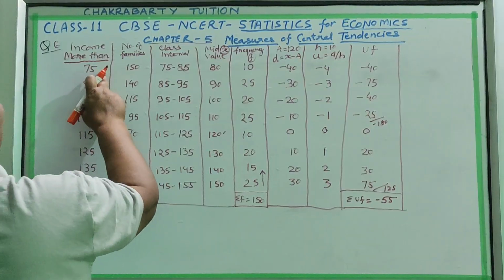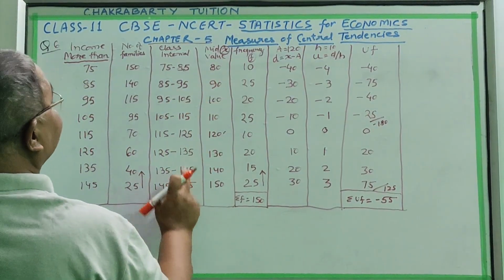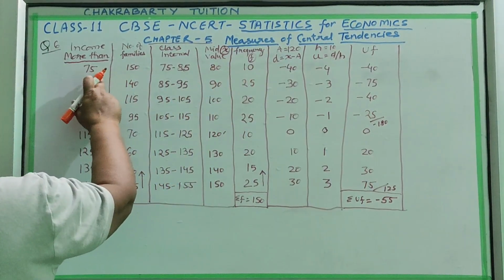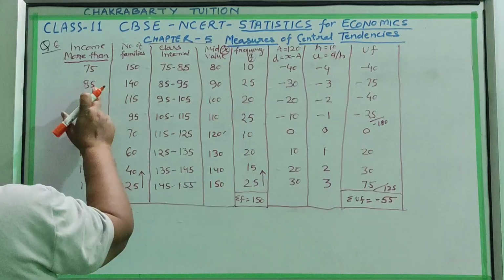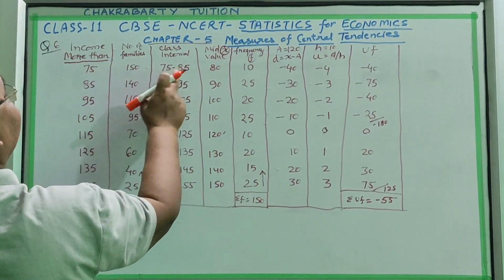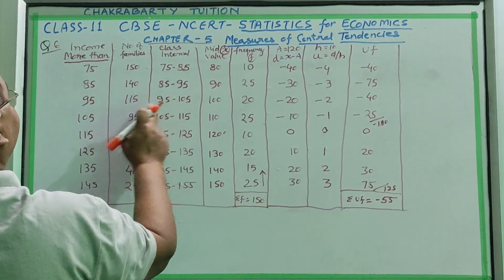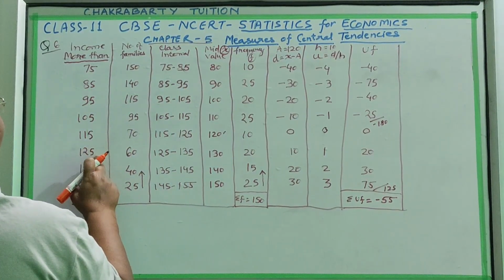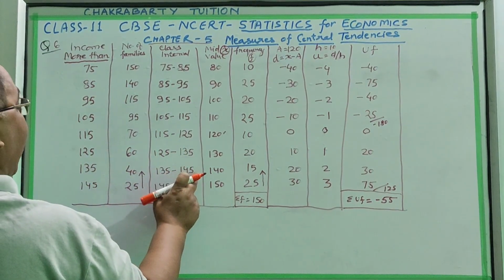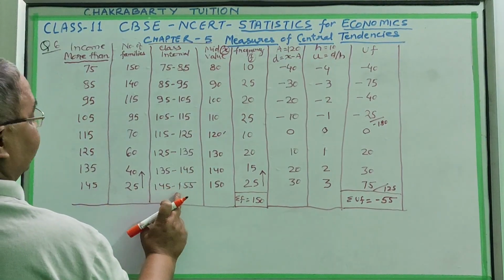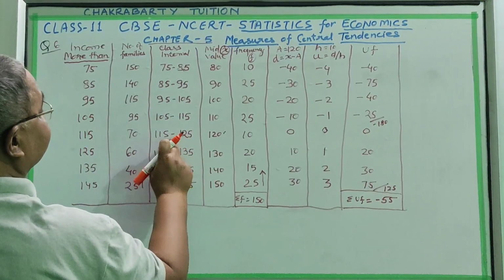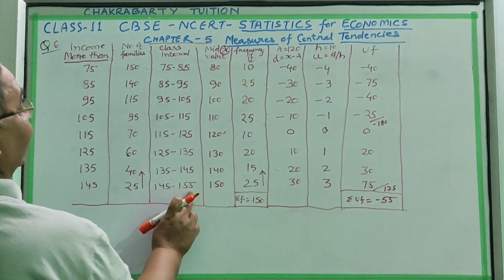Okay. Now this range will change because you have made it like this: 75 to 85, only 10 persons are there. More than 75, now you have converted to 75 to 85, 85 to 95, like this. So this series will become 75 to 85, 85 to 95, 95 to 105, 105 to 115, 115 to 125, 125 to 135, 135 to 145, and you have to make this by seeing the class interval. The class interval already has a 10 difference, that's why we have taken 10.